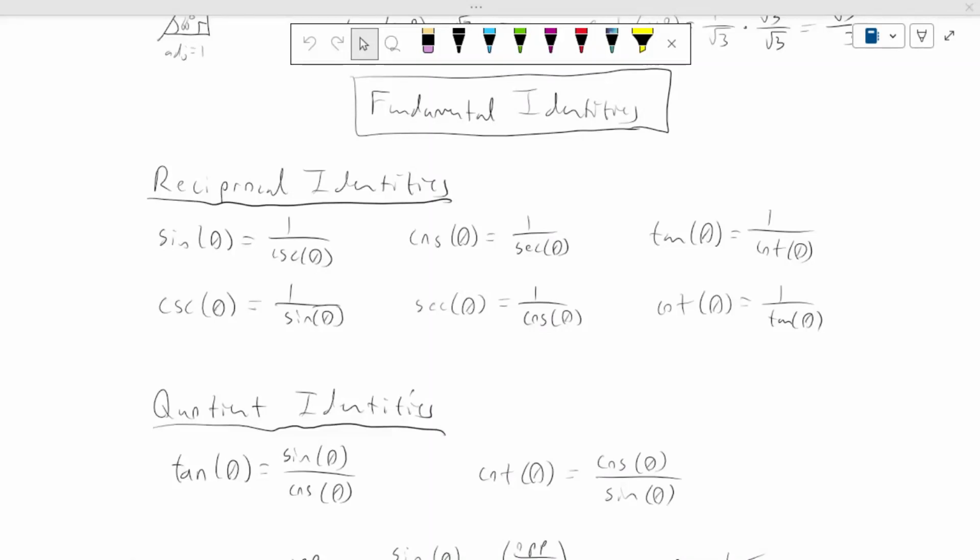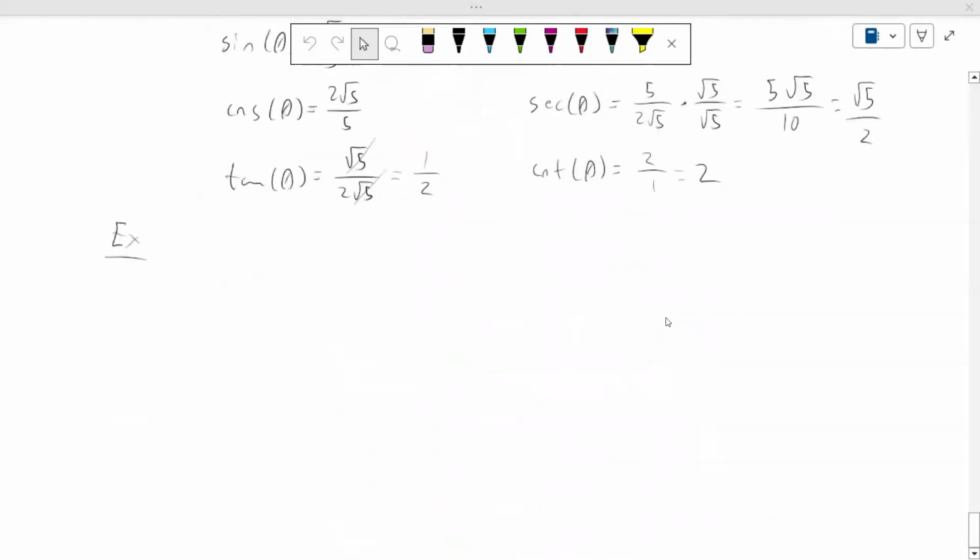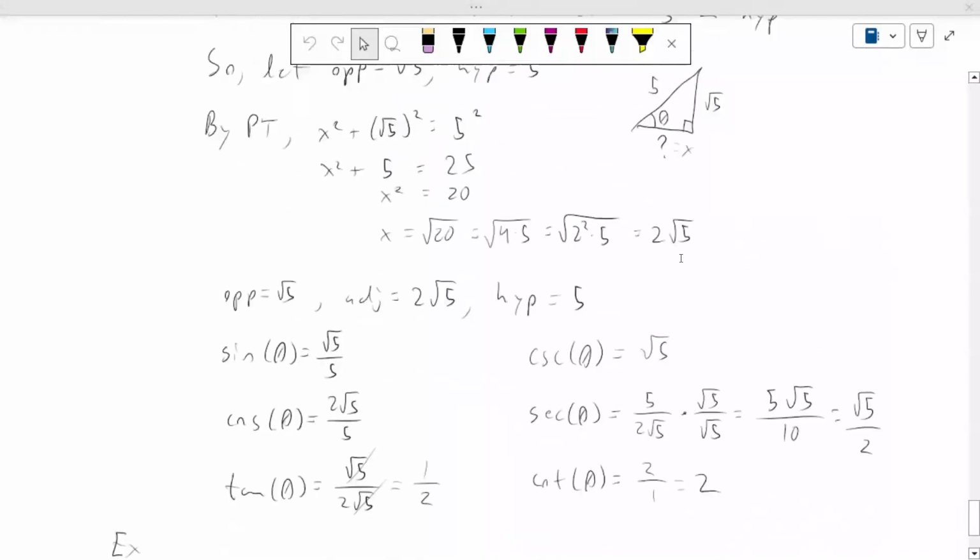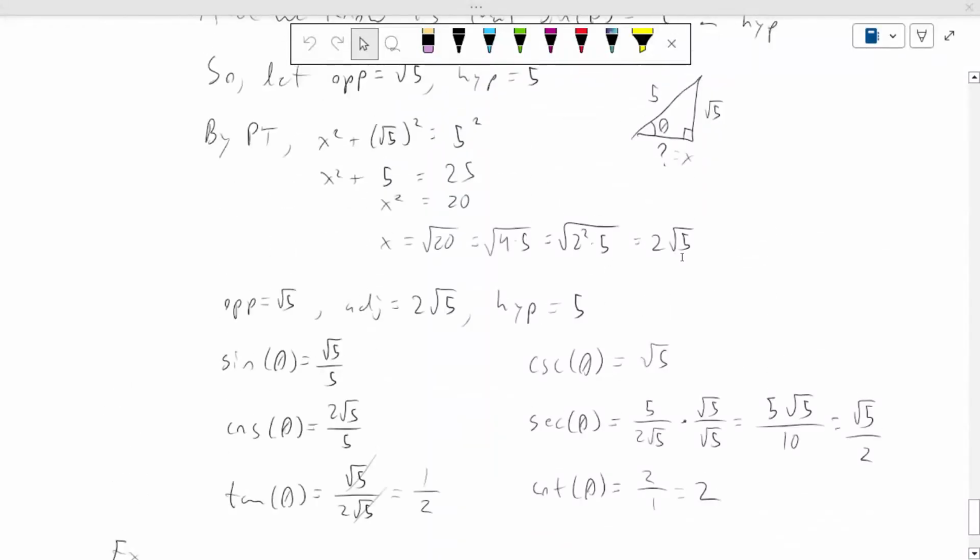Let's see. So we had the reciprocal identities, we have the quotient identities. All right, and I think that was where we left off, actually. So we were going to do an example, right? So here we had an example where